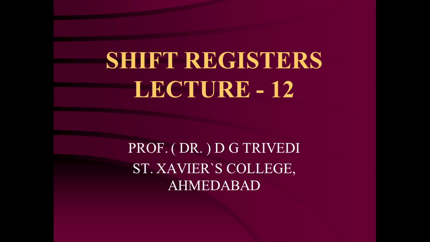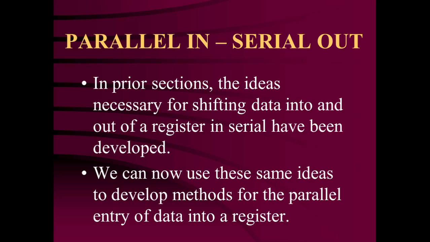In a parallel fashion, all the 8-bit data will appear at the inputs of the shift register. If it is an 8-bit shift register, that means 8 inputs will be there, with parallel entry of the data and serial out of the data, that means only one output pin is going to be available. So this we are going to study right now using the IC 74166, parallel in serial out shift register.